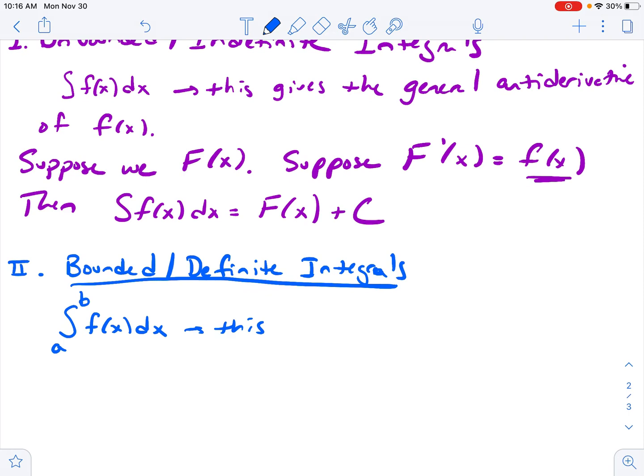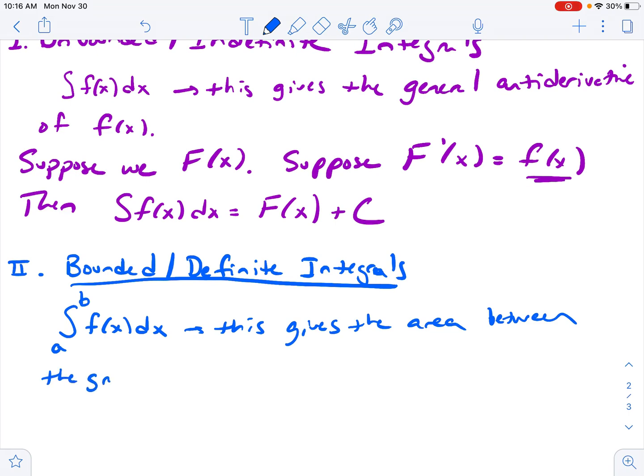Okay? Think about it like this. When we take a derivative, we get a general derivative. I take the derivative of x squared, I get 2x. When I take the derivative of x squared and I plug a number in, now I'm more specifically getting the slope of the line tangent to f at that x value. Okay? So here, when we start plugging numbers into integrals, this actually gives the area